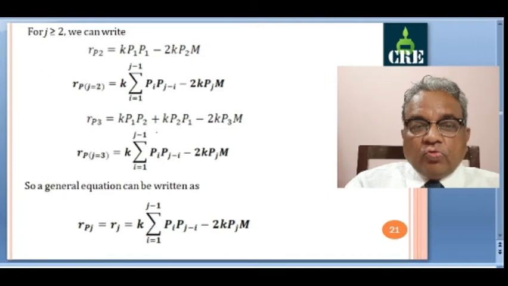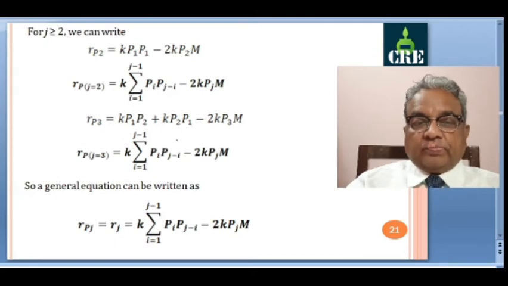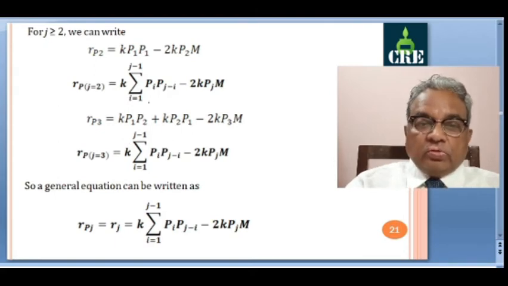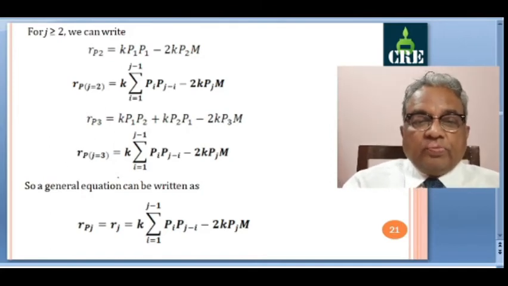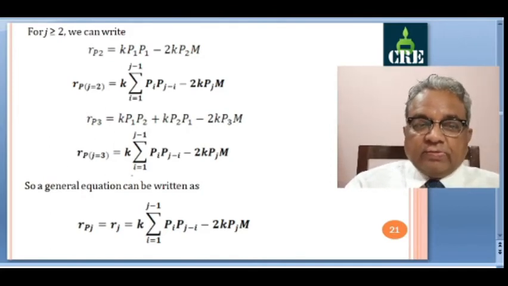For i equal to 2, the first P is Pi, i equal to 2 means P2. Second P, j minus i. Now i is equal to 2, j is equal to 3, 3 minus 2 is 1. So the second P is P1. Okay, so this also we can write, and similarly you can write the further steps,